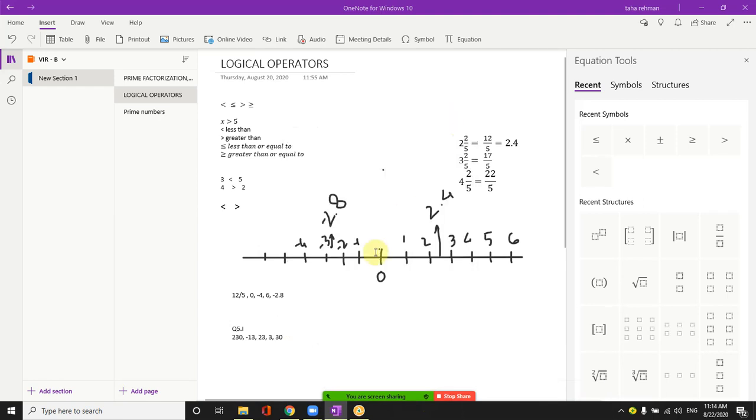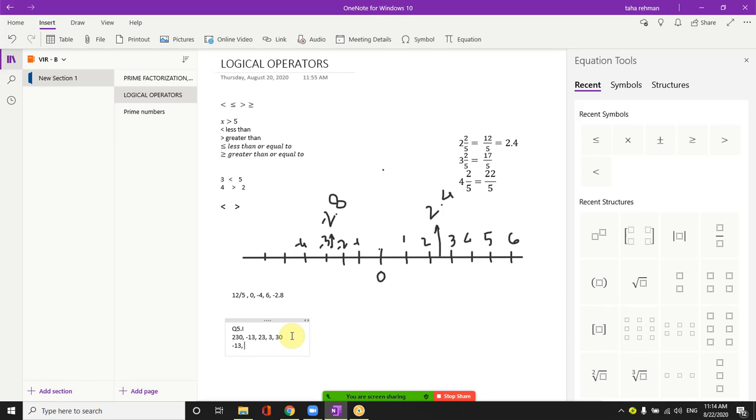Initially, we need to write these values in ascending order. Ascending order means we need to arrange the numbers starting from the smallest value. So which value is the smallest value? 3 is not the smallest value, my child. Minus 13 is the smallest value. So we should write minus 13 first.